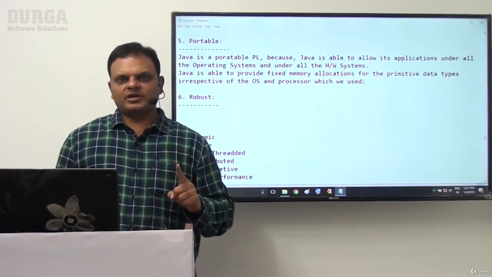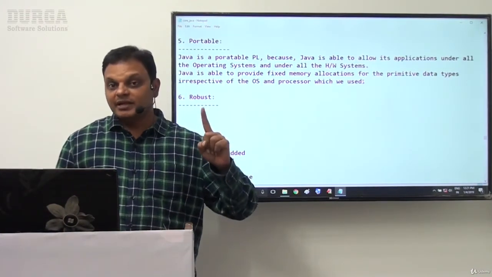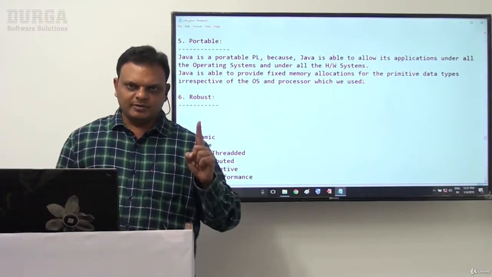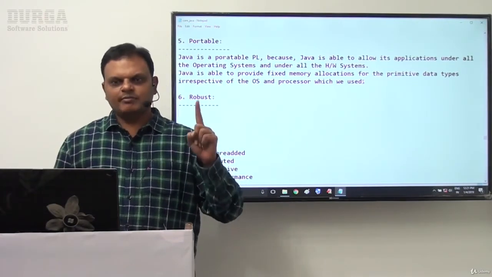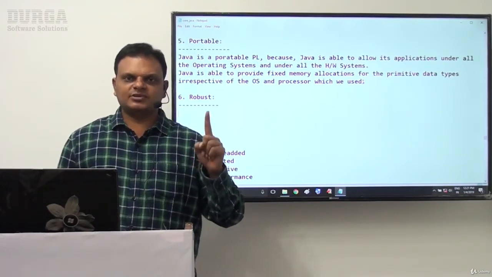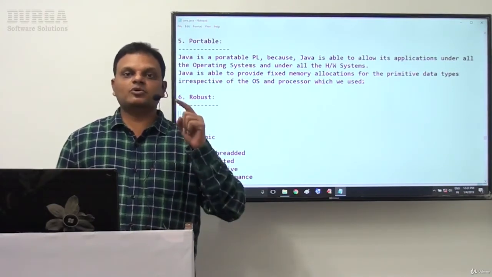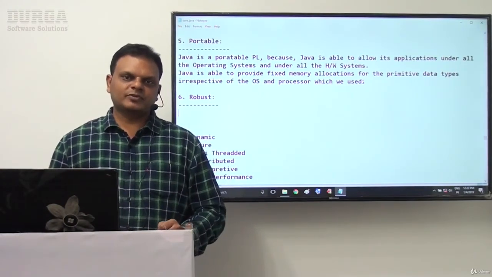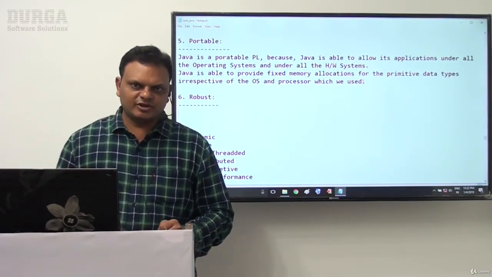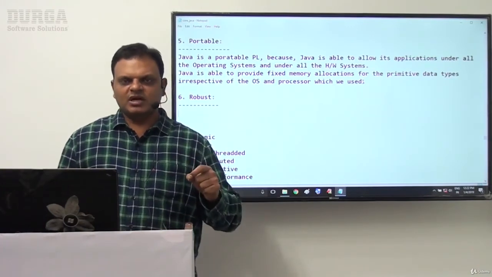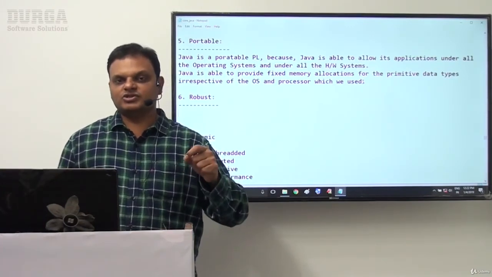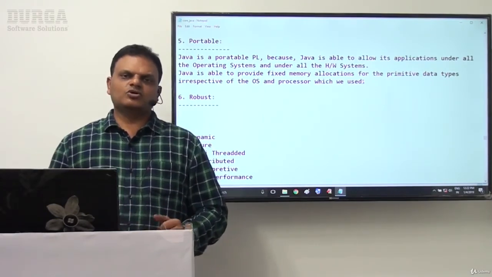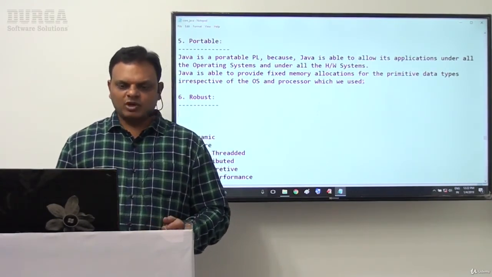If any programming language is very good at memory management system and exception handling mechanisms, then that programming language is called a robust programming language.